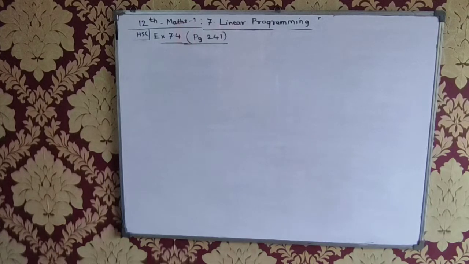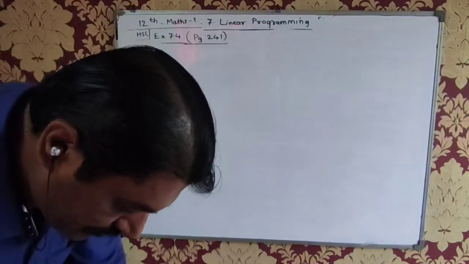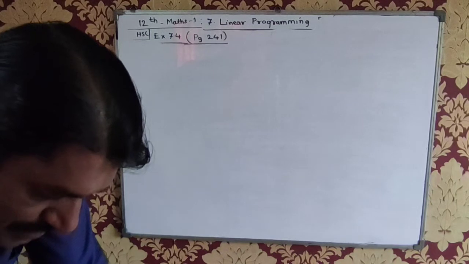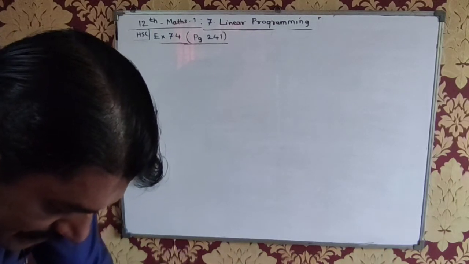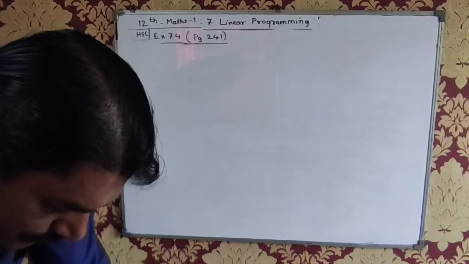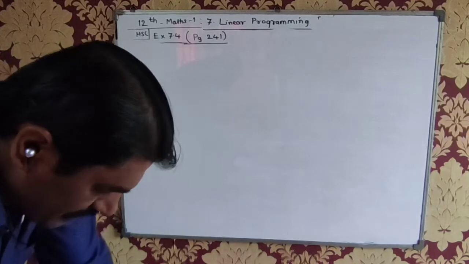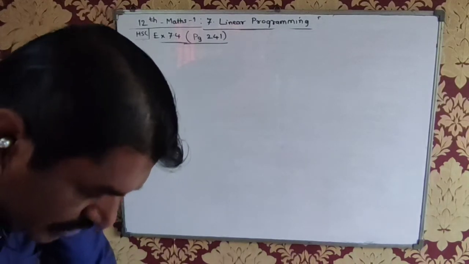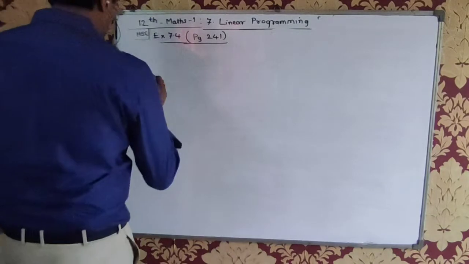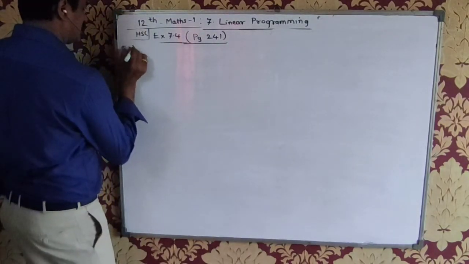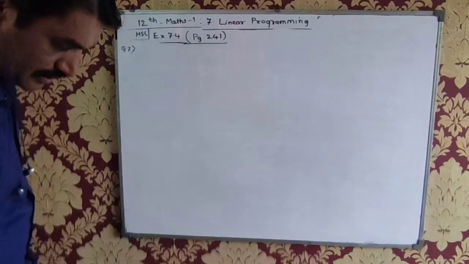अब देखिए यहाँ पर क्वेश्चन नंबर 1, 2, 3, 4, 5 सब मैक्सिमाइज वाले प्रॉब्लम्स हैं. 6, 7, 8 मिनिमाइज वाले प्रॉब्लम्स हैं. तो इसमें से मैं 7th और 8th सॉल्व करूंगा. तो राइट नाउ आई गो फॉर क्वेश्चन नंबर 7. I'll go for question number 7.